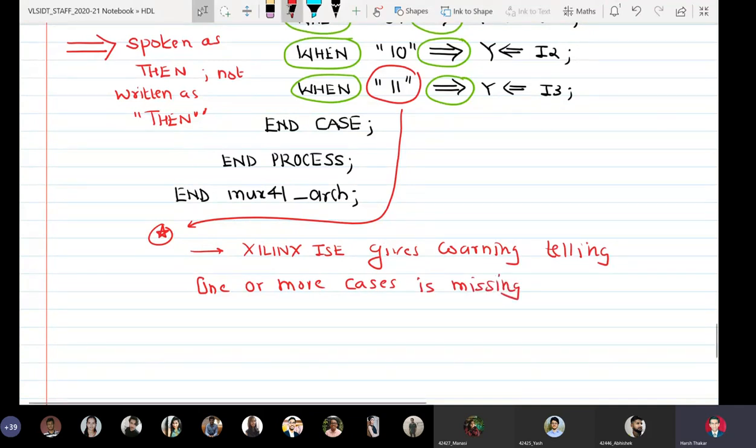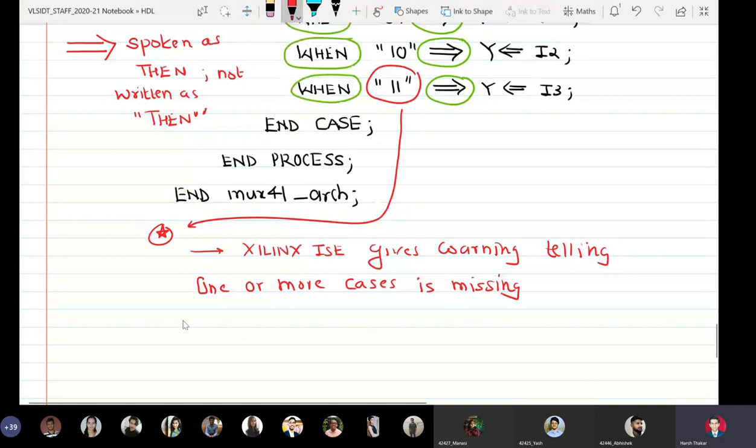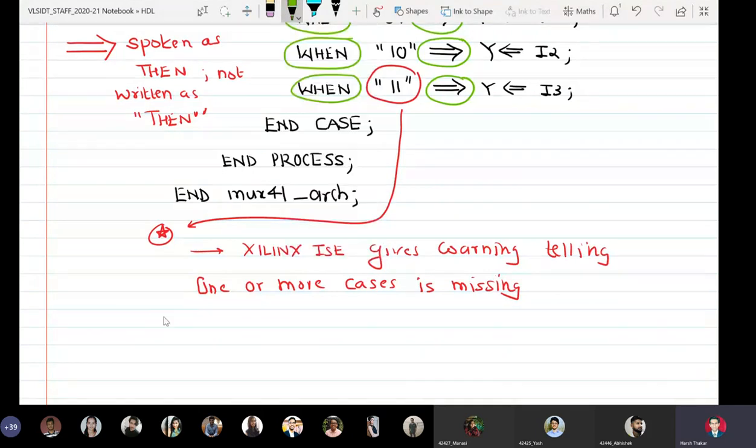So to resolve this particular warning, what we do is that we replace this one with another keyword. So the solution is to replace this particular thing with the keyword OTHERS. The warning will disappear.